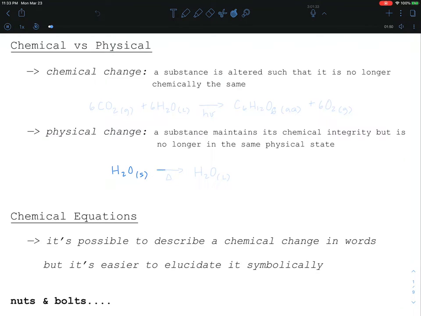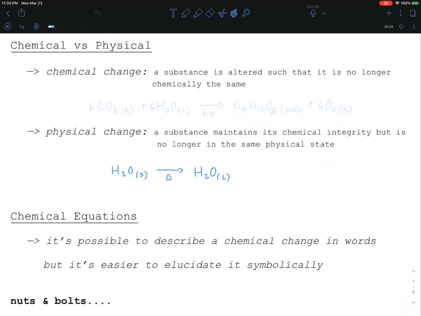We're going to melt this thing, so you're going to have to apply some heat. We have a symbol for that. It's a little delta. And that little delta can mean a bunch of other things, and we'll go through what goes above and below the reaction arrow, what that reaction arrow actually means in a sec. But we're going to take that solid water or that ice, and we're going to allow heat to come into that system, and it's going to